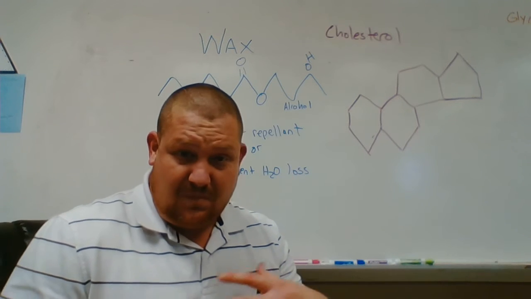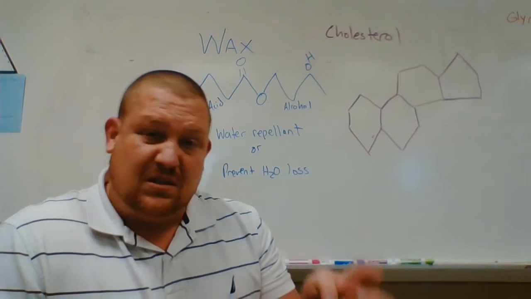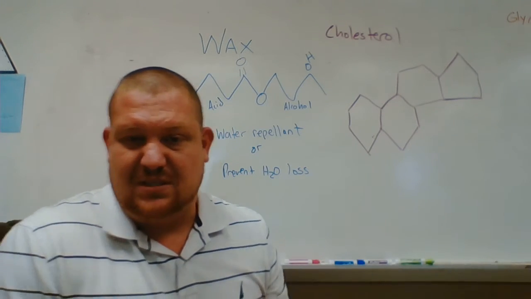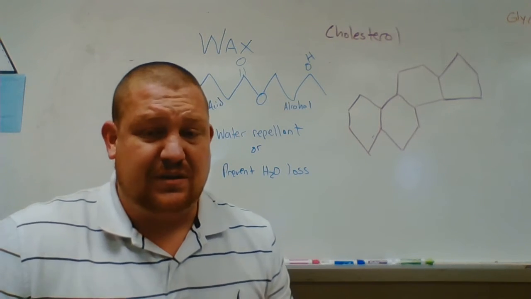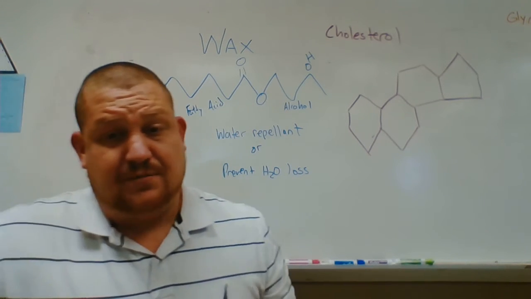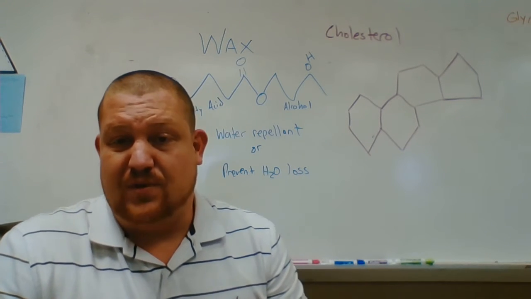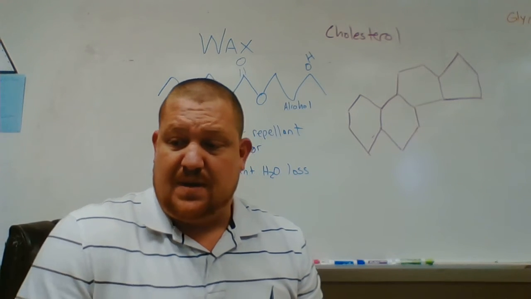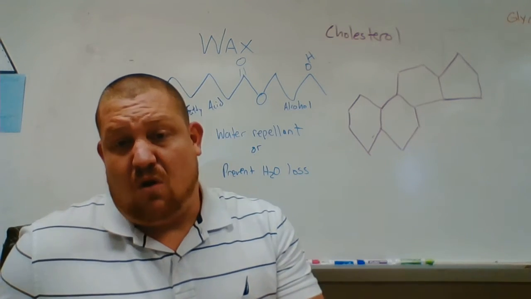Now, steroids, written up there. Cholesterol is used to make steroids. So you could argue that cholesterol is a monomer. No, it's a building block of steroids. It's a precursor of steroids. The thing about cholesterol is too much cholesterol is bad, right? And the older you get, the more you'll hear about it. But your body makes all the cholesterol you need. Your body makes cholesterol so that it can make steroids and some of your hormones,